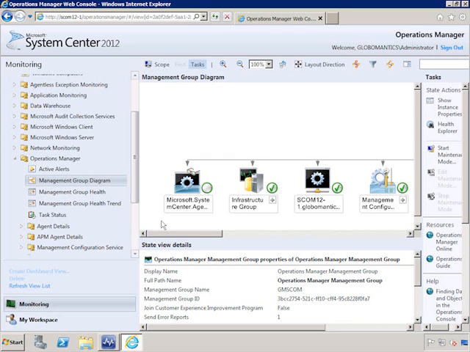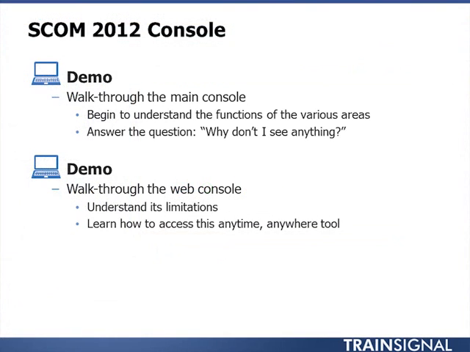Again, throughout this course, there may be other times when you'll see the web console in action, but we'll mostly be spending our time in the main console. Bear in mind that we don't see much yet because of the lack of management packs, but that's a situation